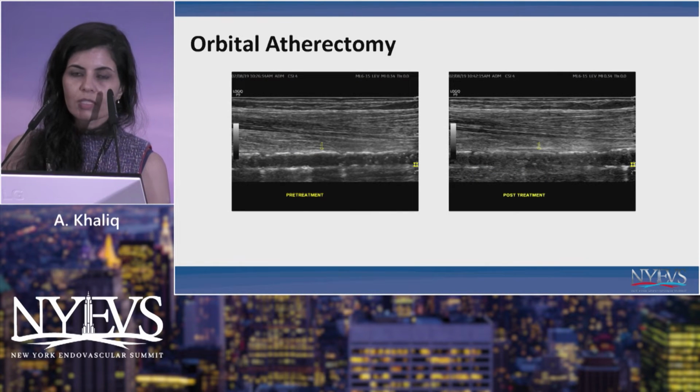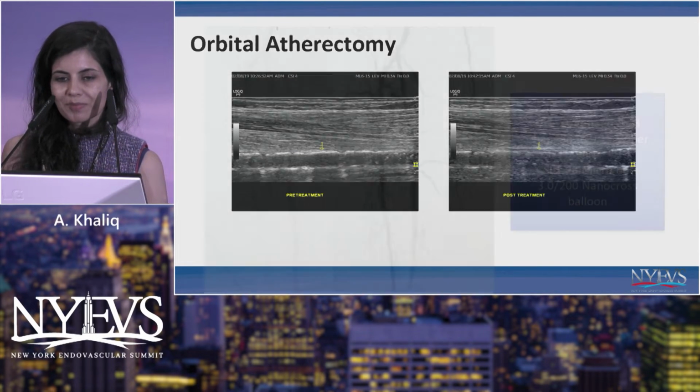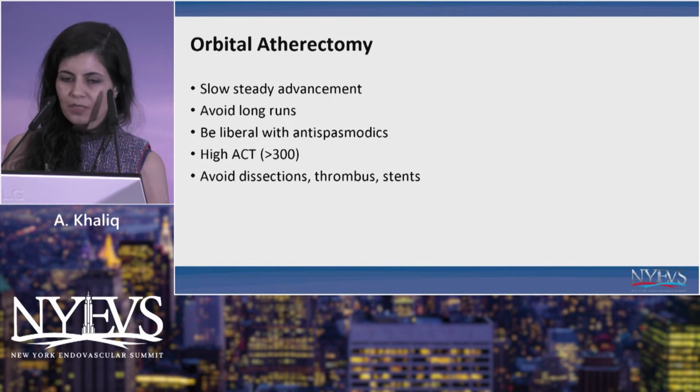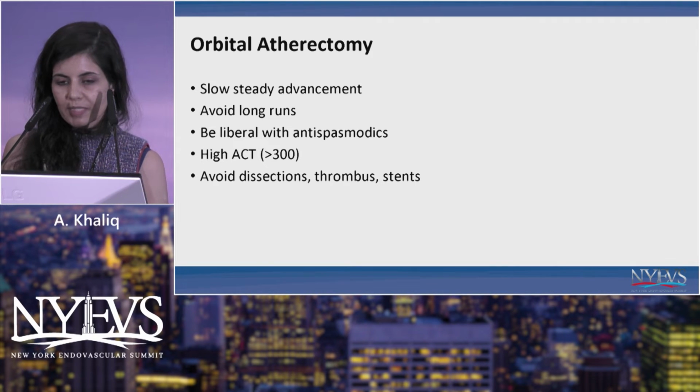I think we can skip this. It's just a demonstration of... Next slide. This is just one of my cases. Basically opened a PT with the following technique: used a 125 microburr, and essentially did a long nanocross balloon, 30200. Next slide. So these are some tips and tricks which I guess all of us know. Essentially slow runs, slow advancement of this device, avoiding long runs, and using antispasmodics between runs, keeping the ACT high. The dictum is that the tibials behave like coronaries,